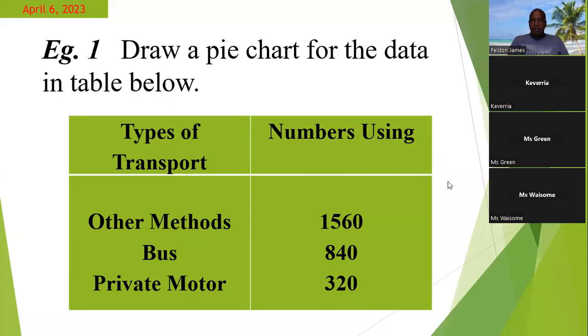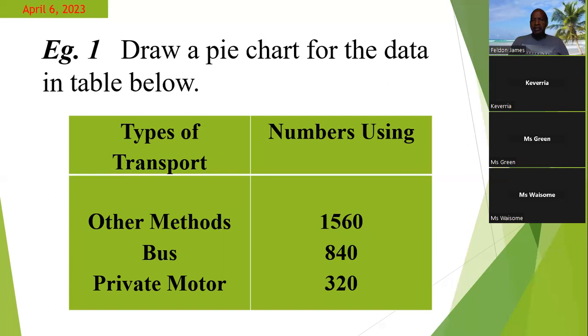All right, guys. So as I was saying before we were interrupted. Now, as I was saying, if we are to represent some data using a pie chart, first we need to get the data in a table. And the table will tell you the portion of the data that is allotted to whatever you're sharing in the